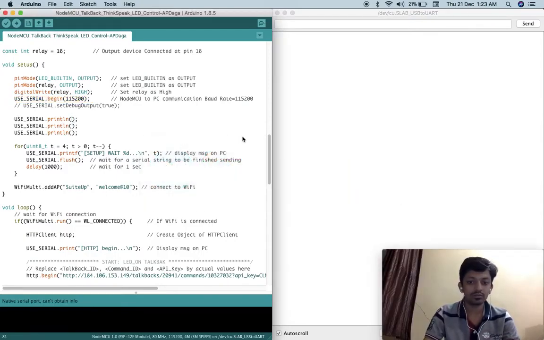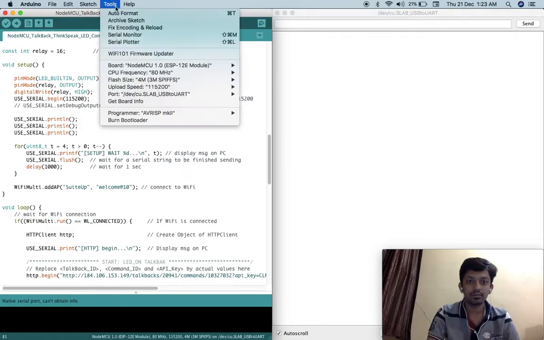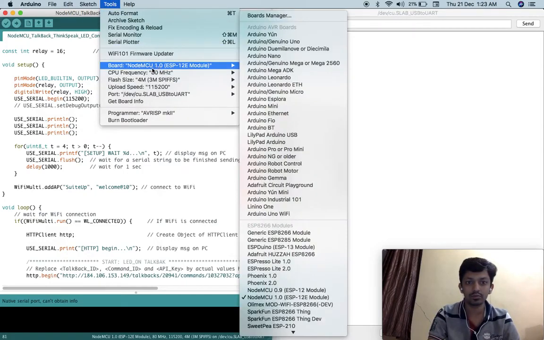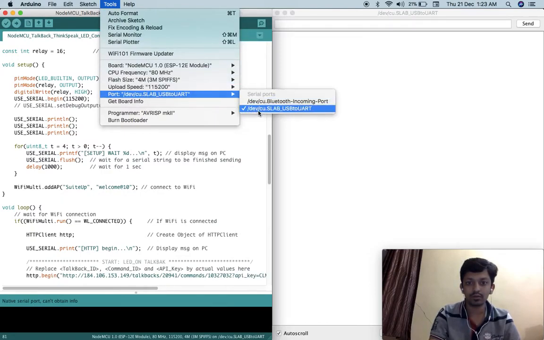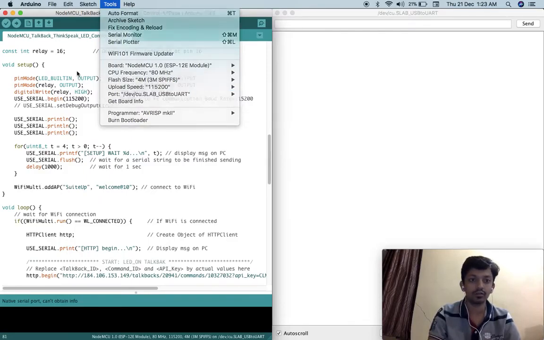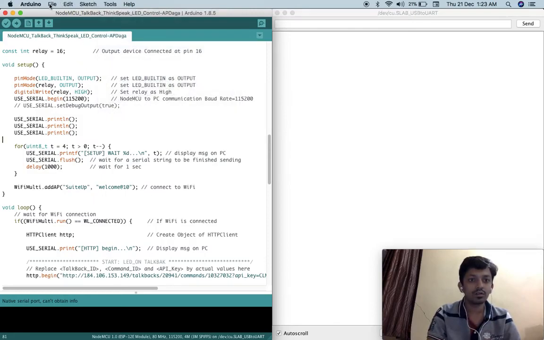So I'll show you. I have connected Node MCU, and we have to select board as Node MCU 1.0, and we have to select the proper port. If this port number is not available, then you have to install some drivers that I have shown in my earlier videos, and we'll flash this code.